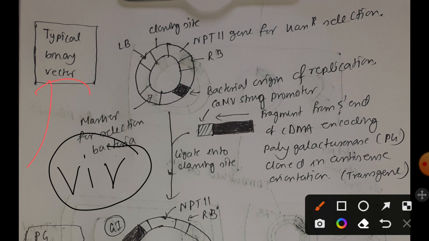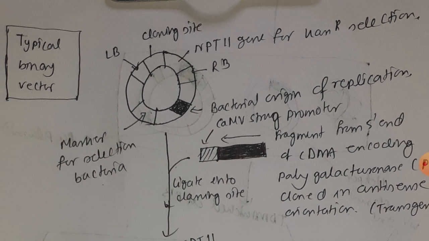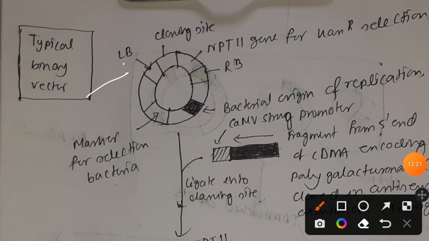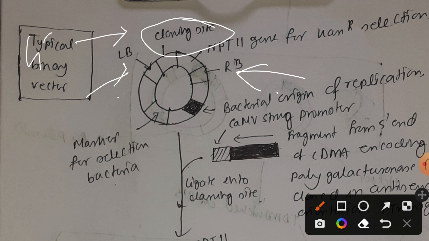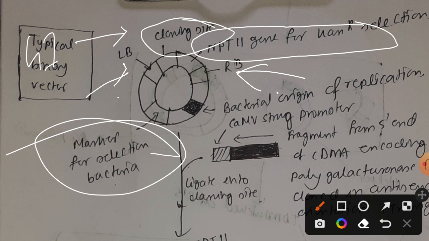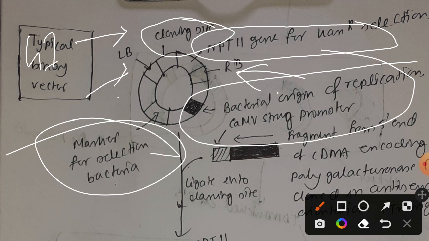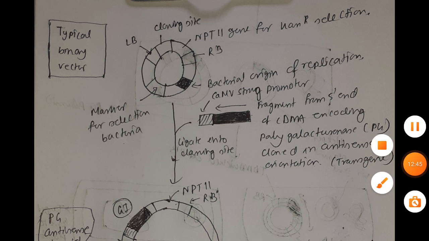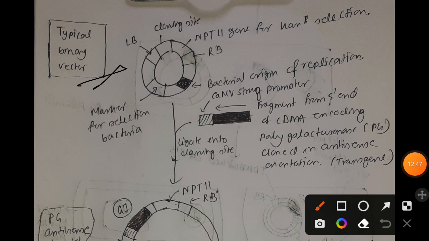Okay, so this typical binary vector will contain the left border, the right border, and in between the left border and right border it will have a cloning site for inserting our gene of interest, and also an NPT2 gene for kanamycin resistance selection, and also another marker gene for selection of bacteria, and a bacterial origin of replication. Okay, so along with the gene of interest, as you can see, there is no kind